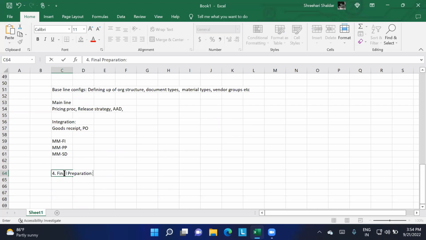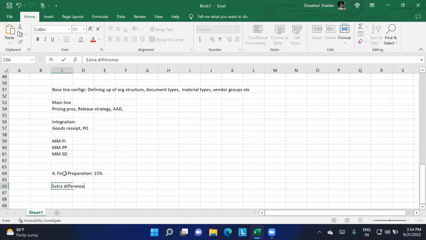Here we can say a few activities will be coming. It will cover around 15% of the entire implementation activity. In the final preparation, what they will consider is any extra differences. Let us consider you have implemented or configured many different things, but after the business has gone through that particular process, they said no, we don't want it like this, we want it a different way. So you have to implement it again.